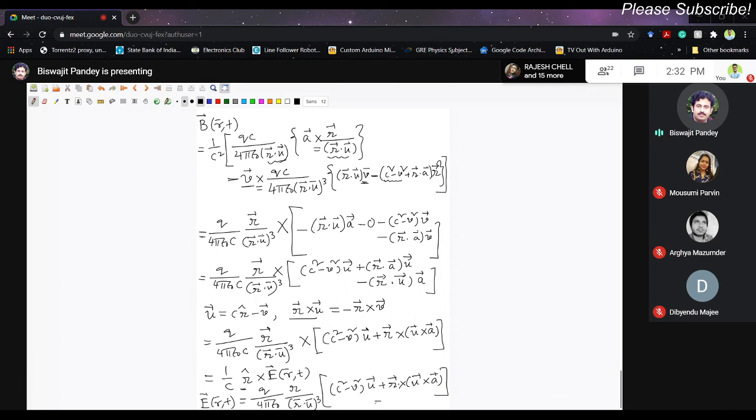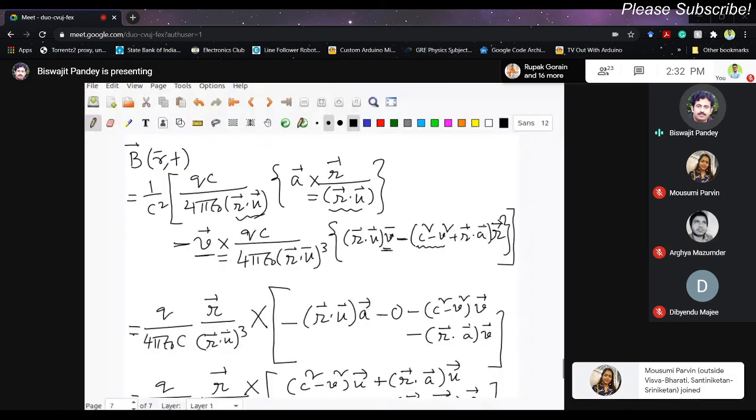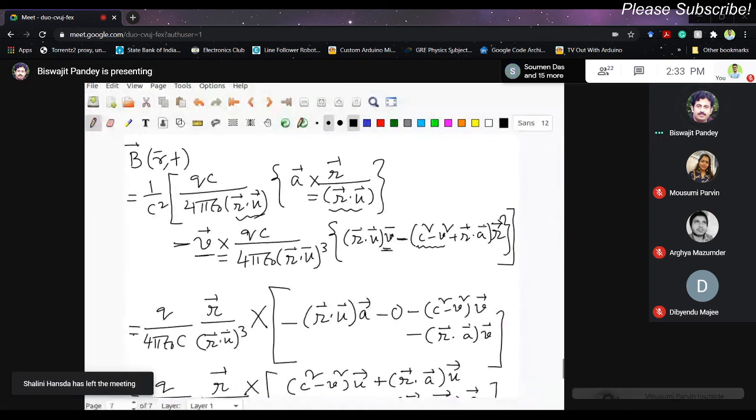Okay, let me stop here because the time is over. I shall continue our discussion from the next class. As you have seen, there was not much discussion throughout the last two classes, because it is about deriving the required expressions for electric field and magnetic field for the moving point charges.